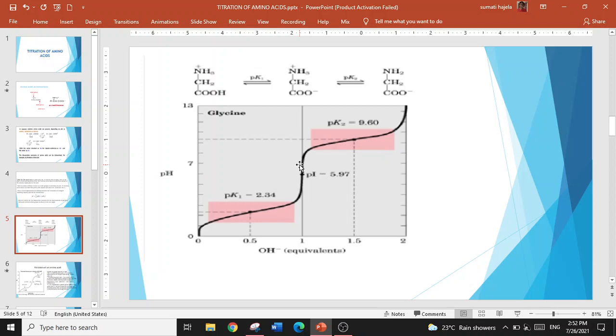Now more explanation for this titration curve. First stage, at the beginning of titration, that is from here, if it is glycine, then the predominant species at this point is a diprotic acid, NH3+CH2COOH. At midpoint of the titration, half the COOH group has been already titrated. So